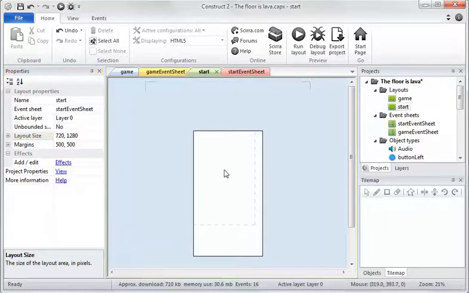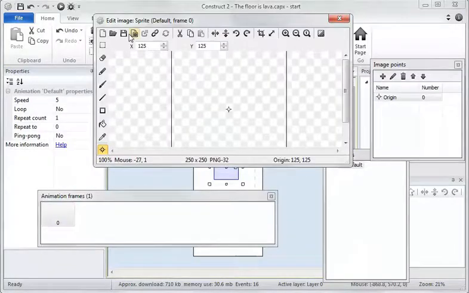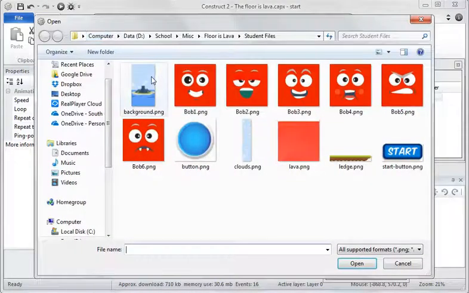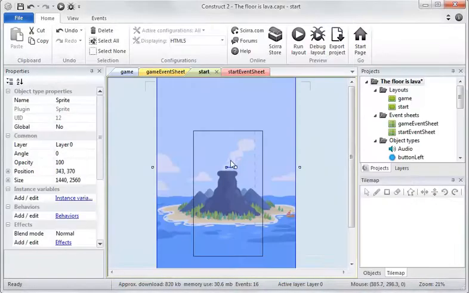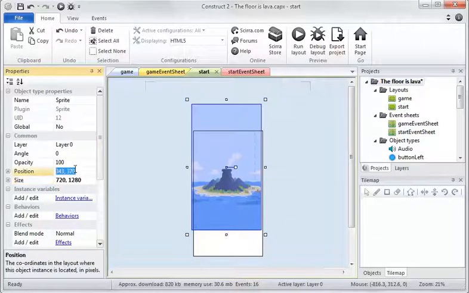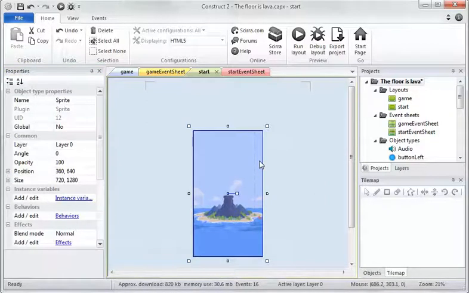So we're going to double click and we're going to add a sprite, and this is going to be our background sprite. So we're going to load our background here. Okay, it gives the warning it's very large. That's fine. So we're going to shrink this down. This size needs to be 720, 1280, and we can position it by 360, 640. There we go. Okay, so that's our background. That's great. We need to name it. Sorry. So this is our background,